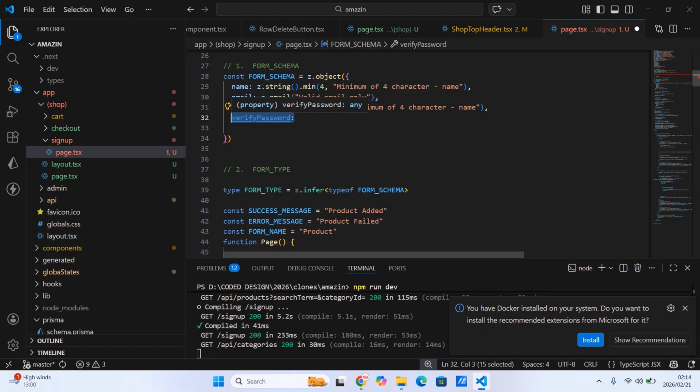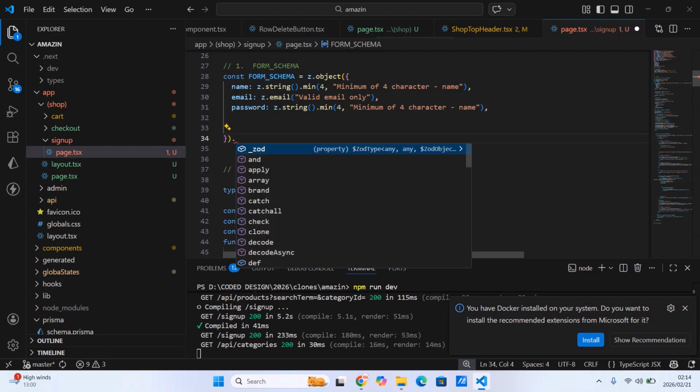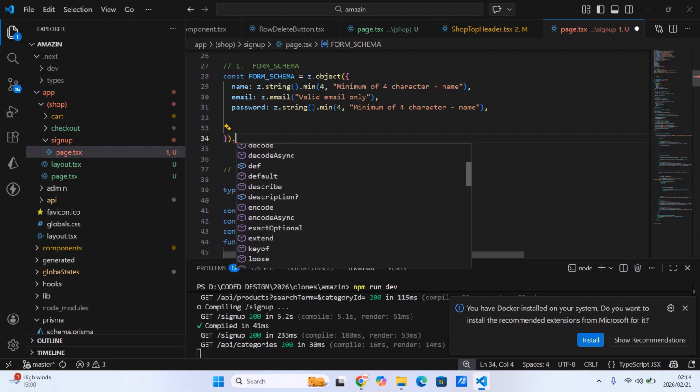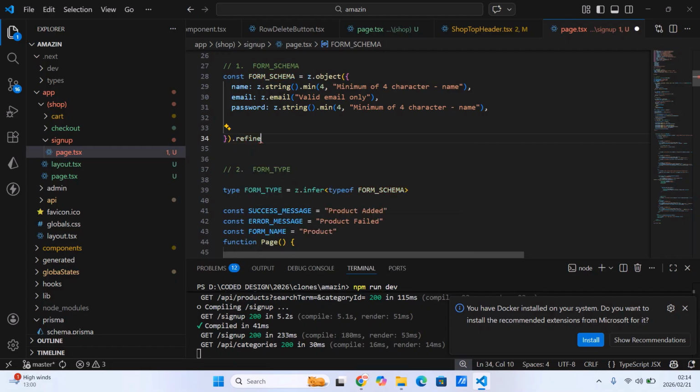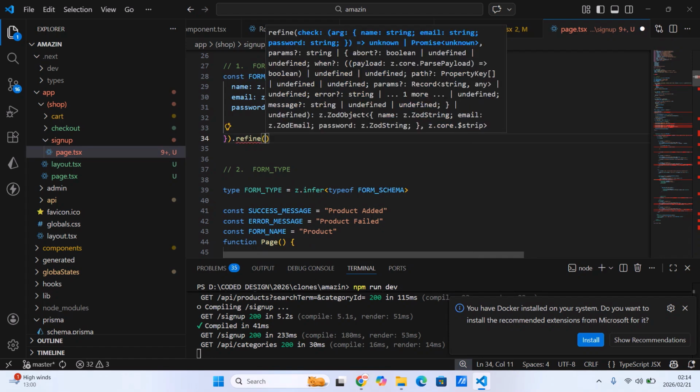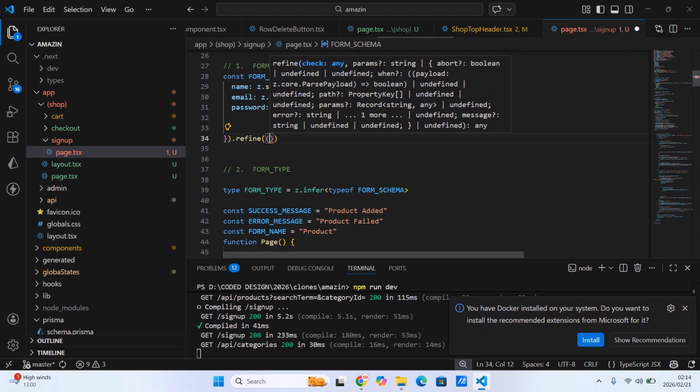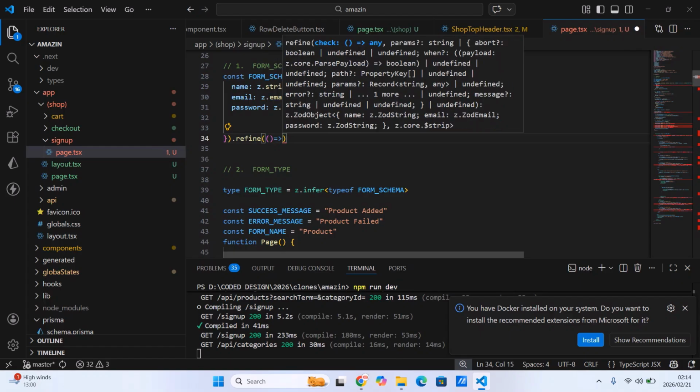Verify password, what we want to do. Let's first check here. What do we do here? Let's see. Dot array. There's a method that I forgot now off the top of my head, but I think I can remember when I see it. Dot refine. This is what I want. Let's see. Dot refine. I think we are going to take a function here,